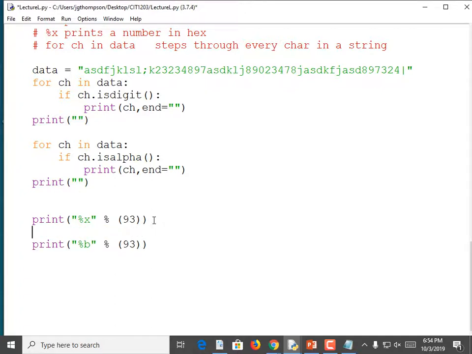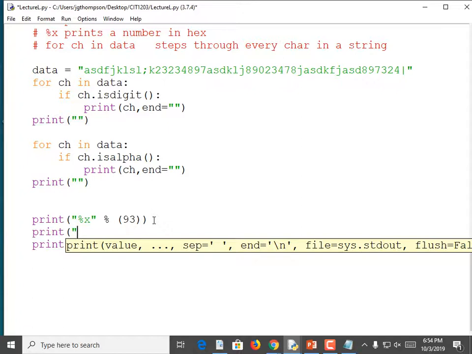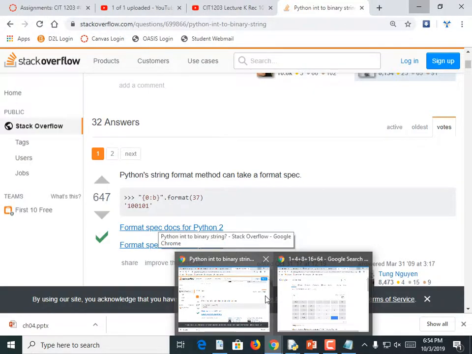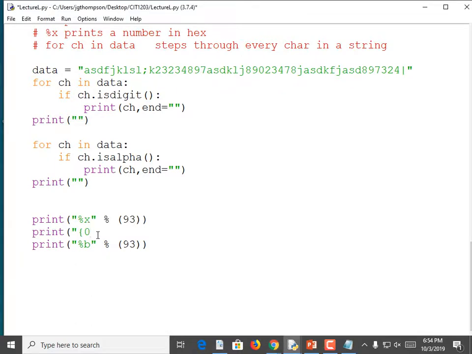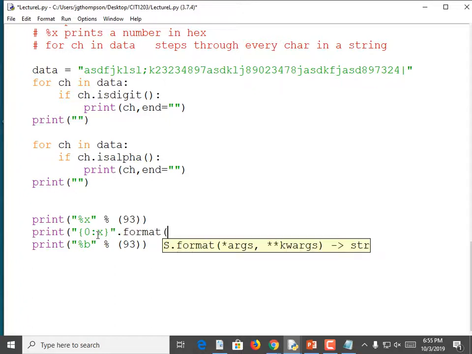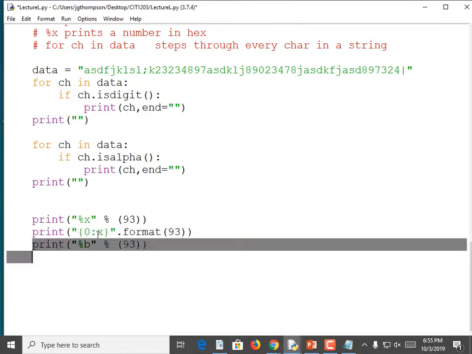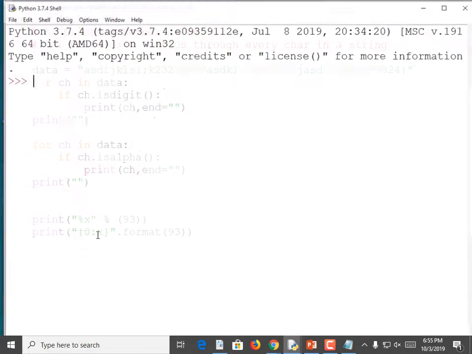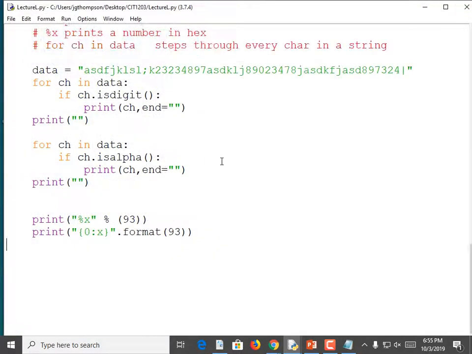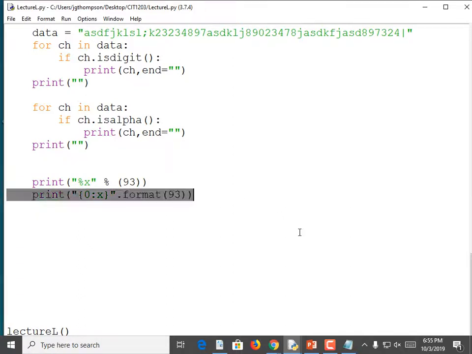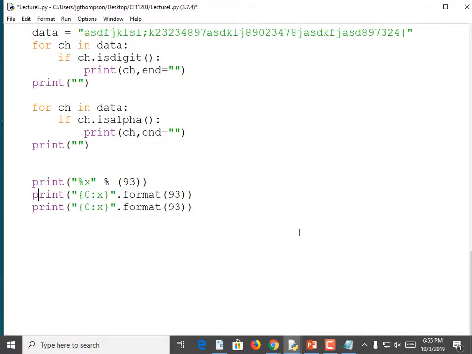Here's Python 3's way. Print, parentheses, quote, open curly brace. Let me make sure I get it exactly right, and this will be the last thing we talk about today. 0:x, end curly brace, end quote, dot format, parentheses 93, end parentheses, end parentheses. Let's make sure that works, and then we'll do the binary version of it too. So yeah, then copy that. Let's do it 3 times in a row. We're going to print